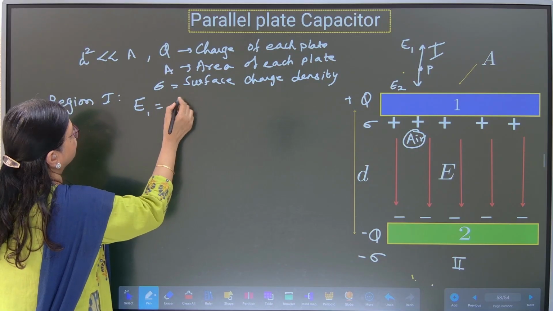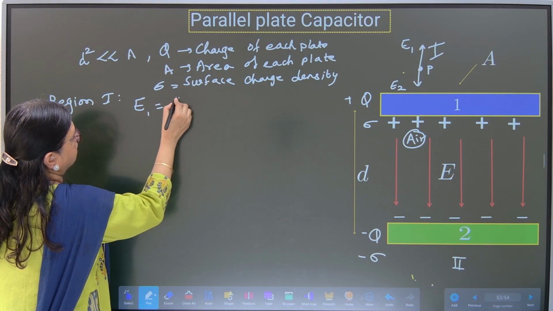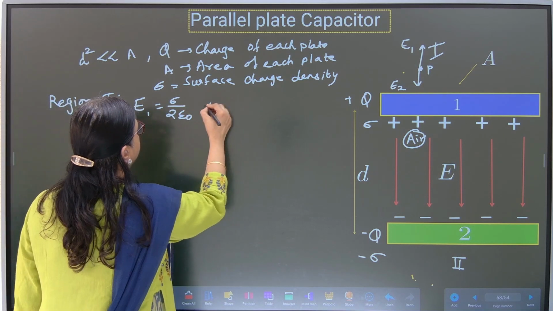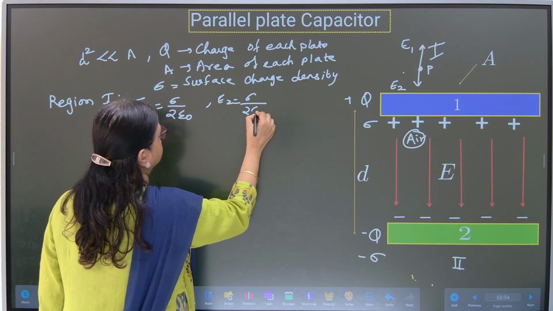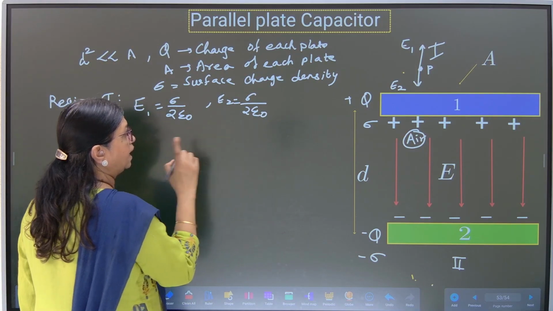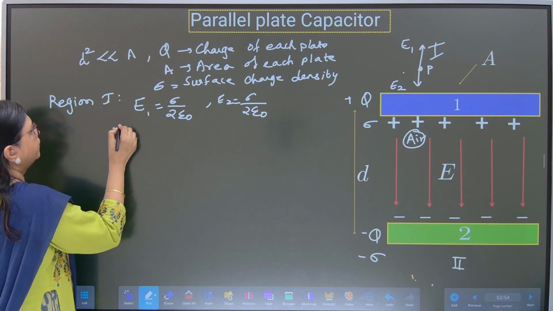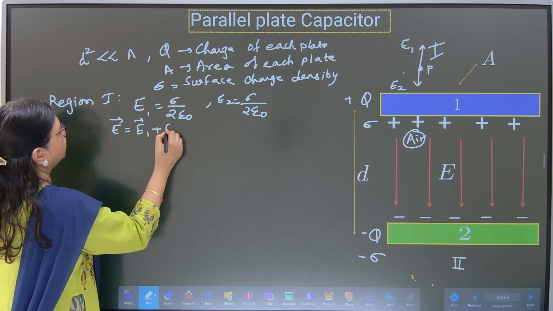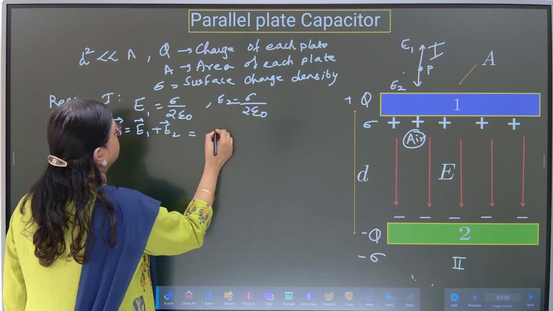E1 is equal to sigma upon 2 epsilon naught. E2 is also sigma upon 2 epsilon naught. But the directions of E1 and E2 are opposite. So E is equal to E1 plus E2 according to the principle of superposition. The directions are opposite, so we write